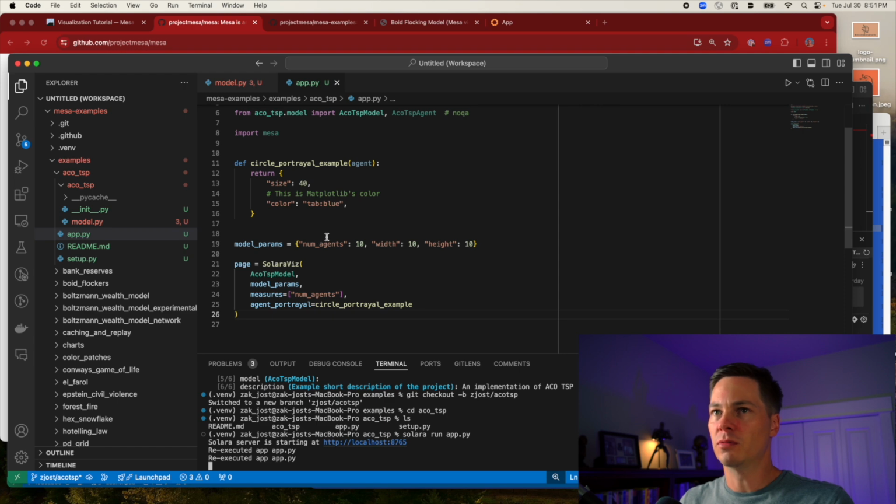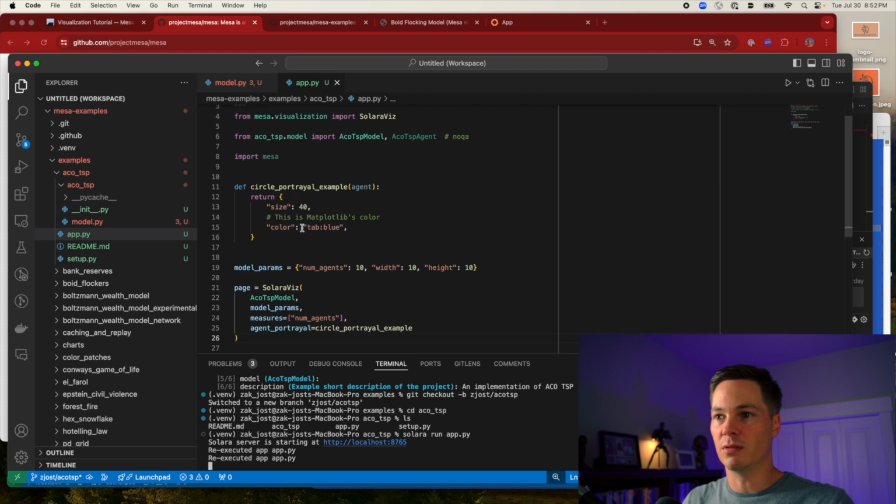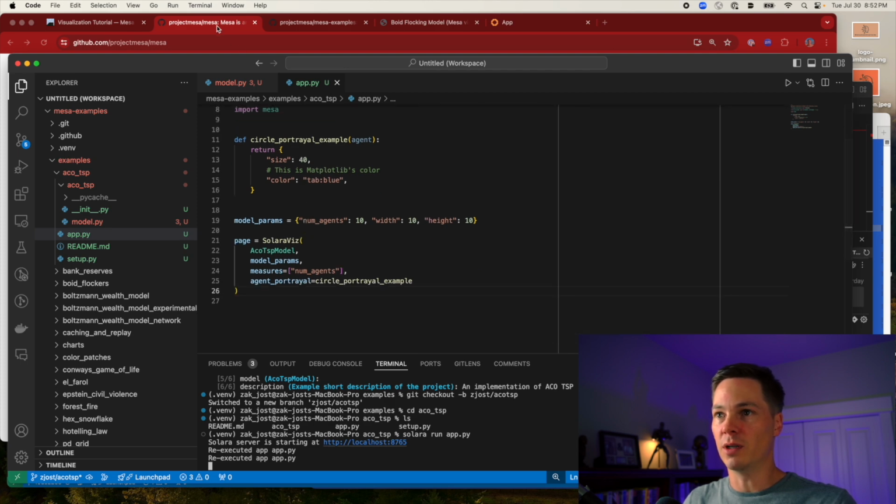In this video, I'm going to hack around on Mesa and try to figure out how I can get a traveling salesman problem set up. I'm thinking about this in two ways. One is constructing a graph, because I believe they have like a network grid or something. Like the one I got from boilerplate is this